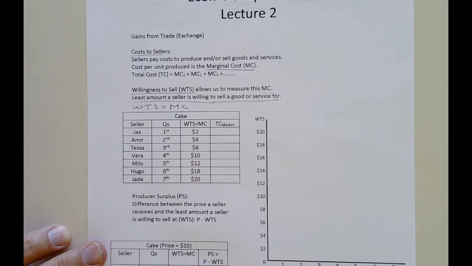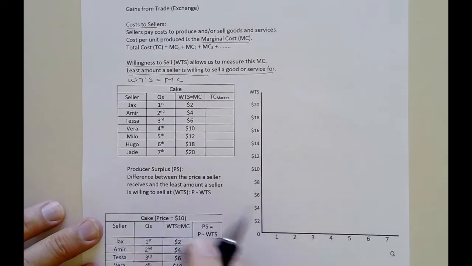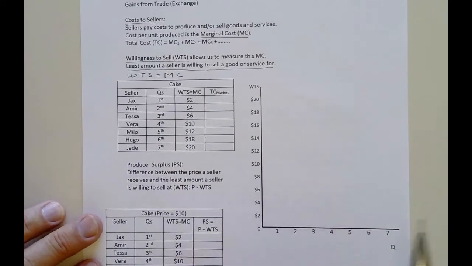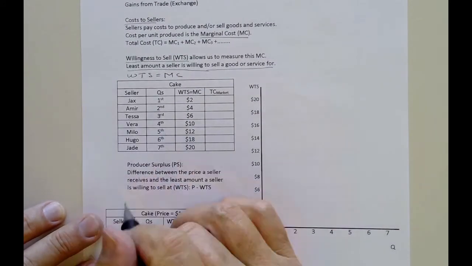And the cost of production would be my explicit cost. In this case, if it's cakes, it's the cost of the materials, the flour and the sugar and the eggs, and the energy to bake the cakes plus your time. And your time would be your implicit cost because you could be doing something else with your time besides baking cakes. So we have 7 potential sellers of cakes here,